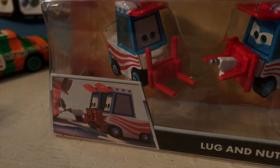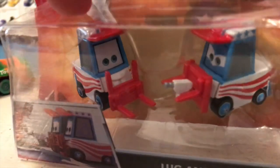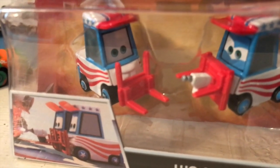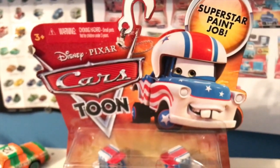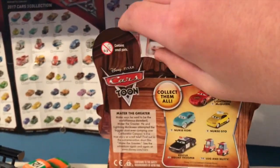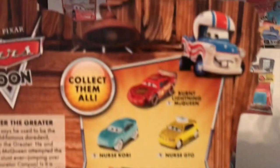So, let's get started. Of course, you can see this nice picture here of Lug and Nutty fueling up McQueen. I would just assume that that's Lug and that's Nutty. Lug here doesn't have any eyelids, which is kind of creepy. Of course, you can see the Superstar paint job logo with the original traditional Cars Tune packaging. I looked at this recently when I reviewed Buck the Tooth Vendor. I must say this packaging came in much better condition